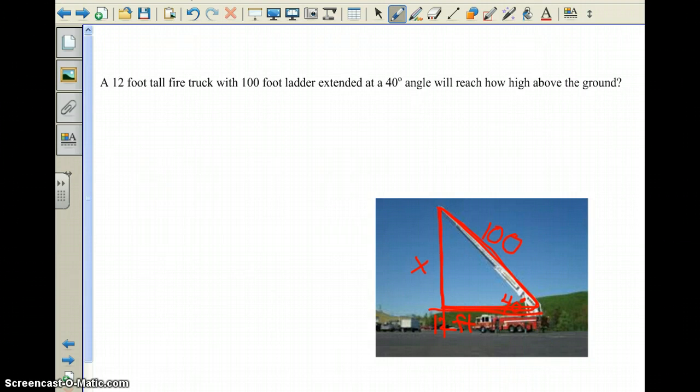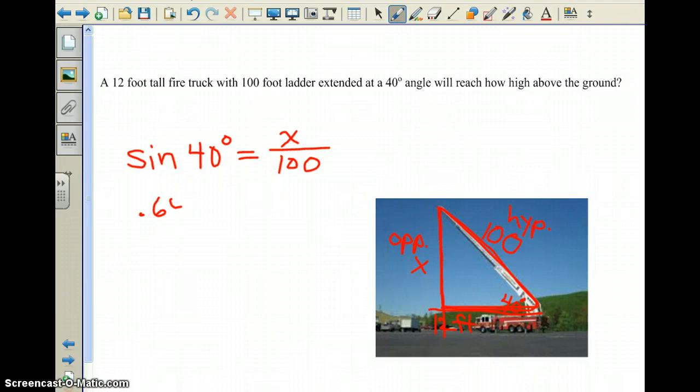In this triangle, the 100 is the hypotenuse. And the other side we're looking for, the x, is across from the 40 degrees, so this would be opposite. And the trig function that involves opposite and hypotenuse is sine. So we're going to do sine of 40 degrees is equal to the opposite over the hypotenuse. Then we'll use our calculator to evaluate sine 40, which is 0.6428. And cross multiplying here gives us